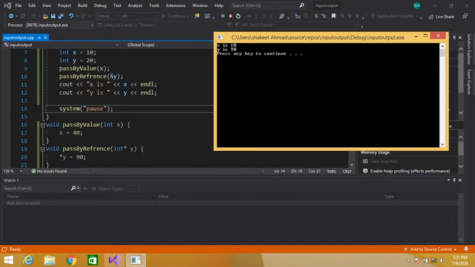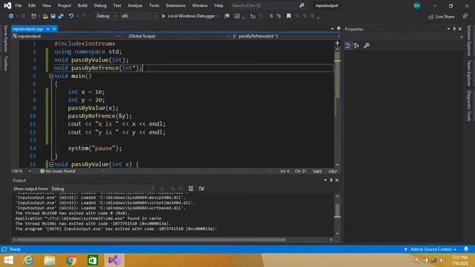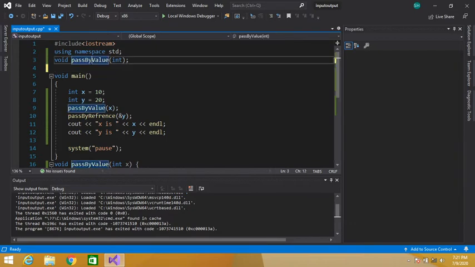Similarly, we can swap these values using pointers. Let's swap these values. Simply we'll write a swap function. Let's say swap.